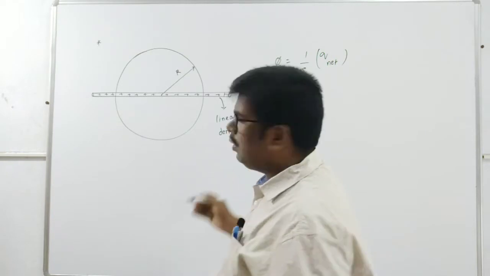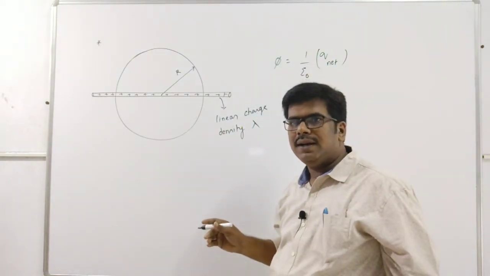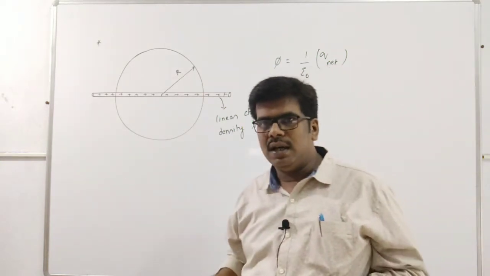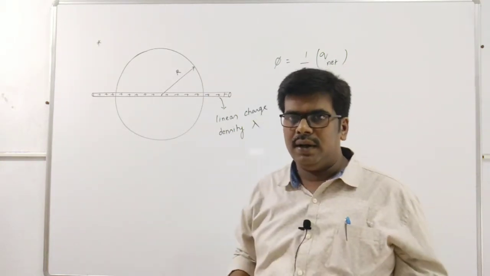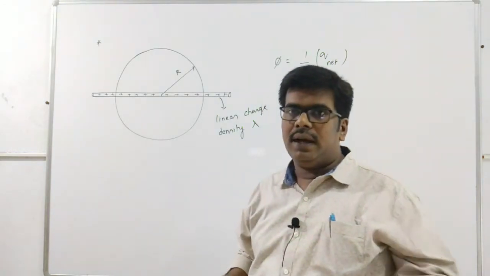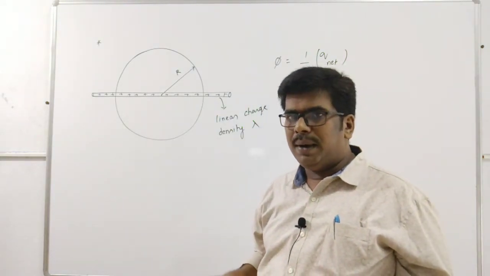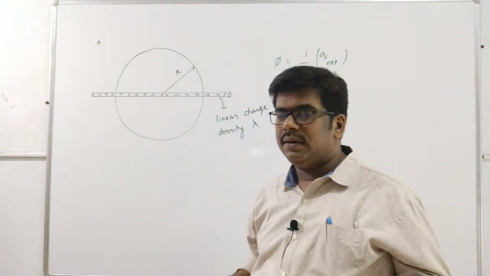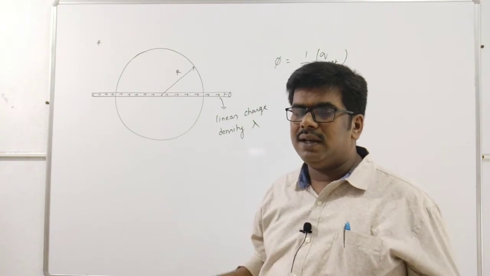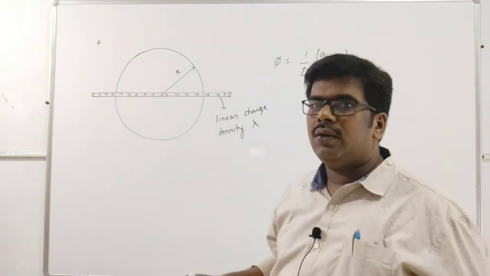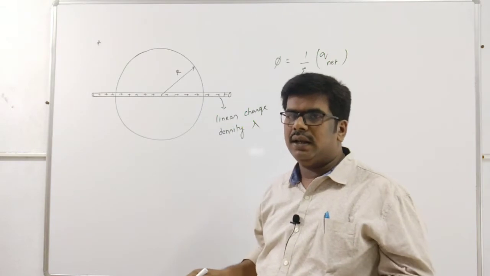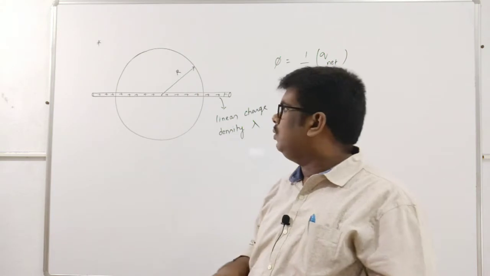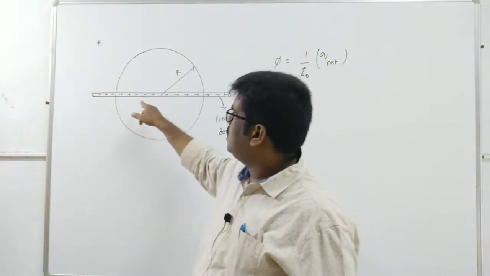In the case of a continuously charge distributed body, based on its shape, if it is a linear body, or an areal body like a plane surface or a plate, then if the charge is distributed over the surface, it is surface charge density; over the length, linear charge density; or completely throughout the body, volume charge density. Like that, we have 3 different kinds of charge densities. So here we have a linearly charged conductor.